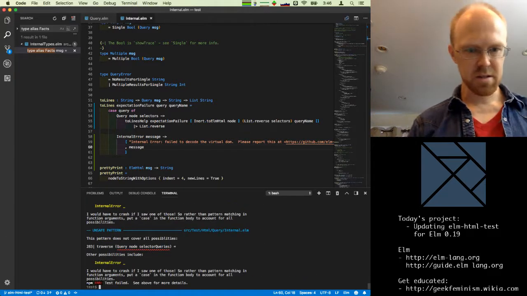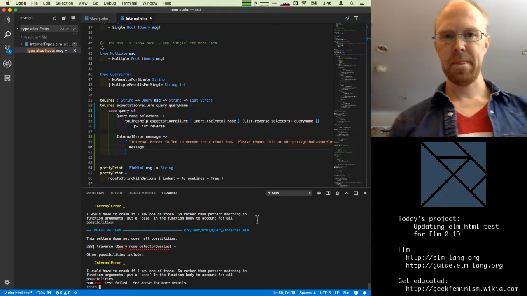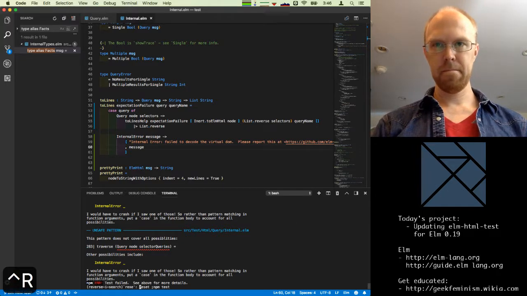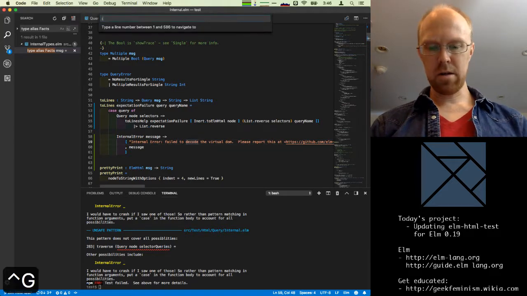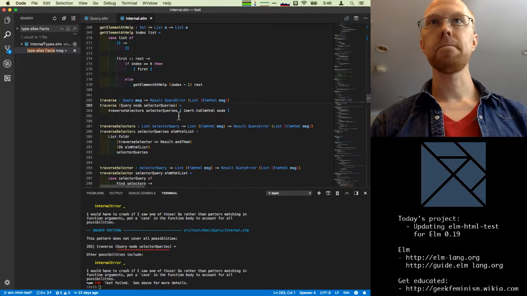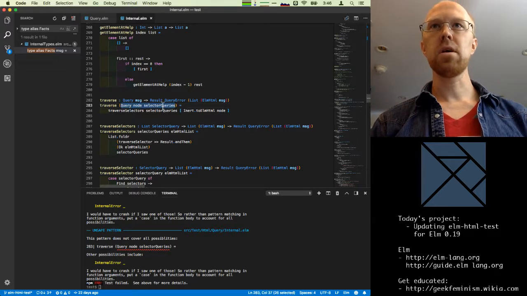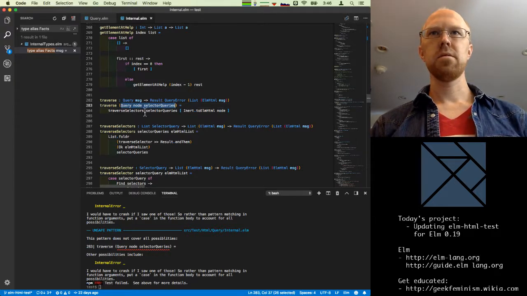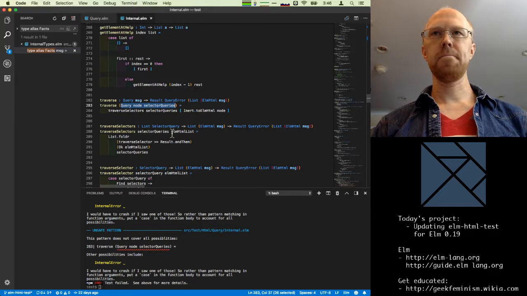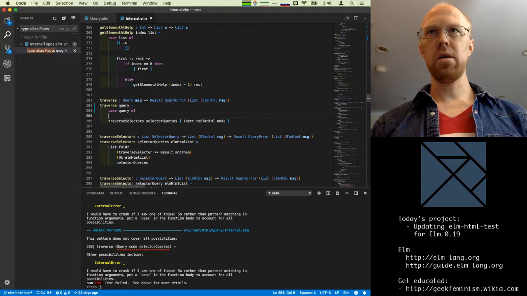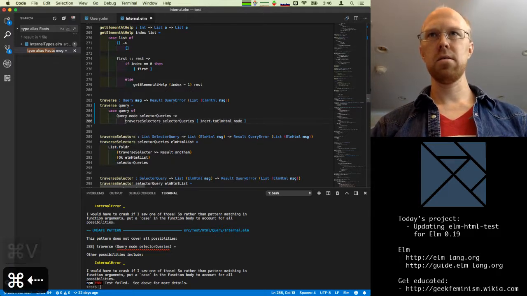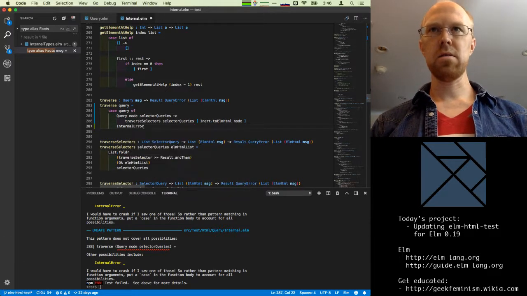All right, what's next? All right, line 283. And same thing here. Traverse. Interesting, so this can produce a query error. So if we have case query of, and the same trick here, normally we'll do that, and if we get an internal error,